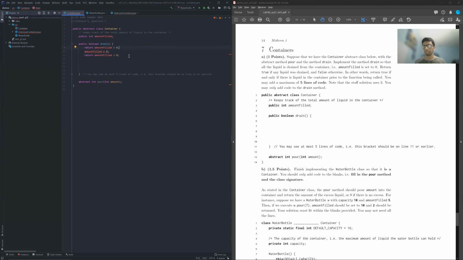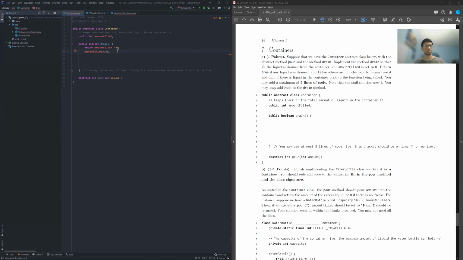Well, there seems to be a different error. I'll pause here and see if you can guess why. The issue is we don't actually reach this line. And I suppose I can delete this, although that wasn't really the error. But the issue is now we're just determining whether or not there's any liquid inside the container. We're not actually setting it to 0. So now we need some way to balance the two.